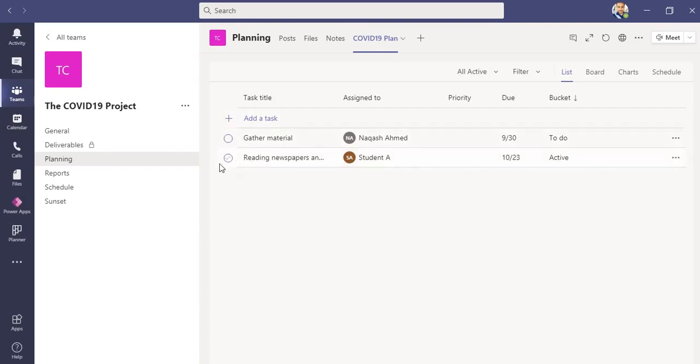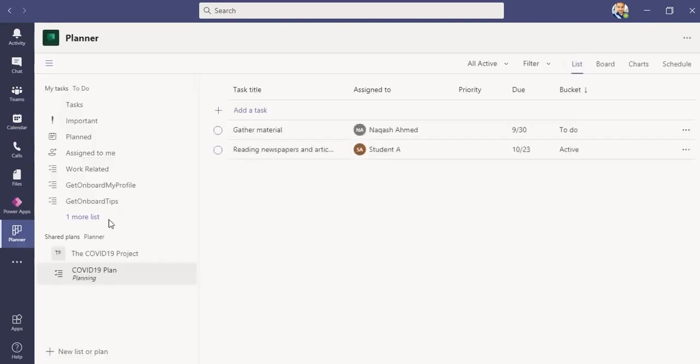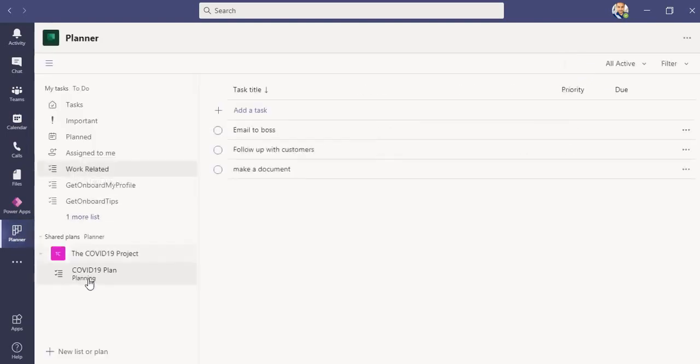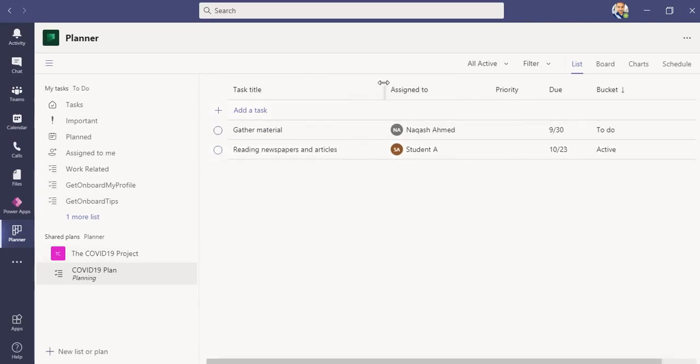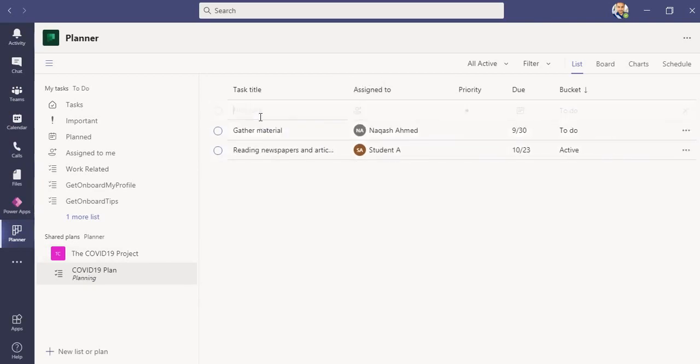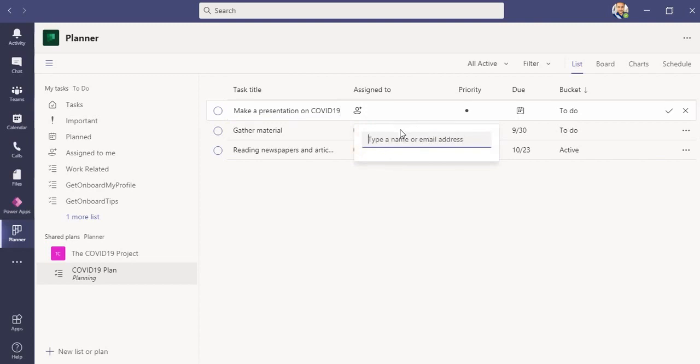Now you can see the same under this Planner, the Tasks application. If I go back again to my Planner or Tasks, you can see in the planning, the reading newspaper task which I just wrote, it has been assigned here to student A. I can also make a task right away from here, and you can assign it to Megan.